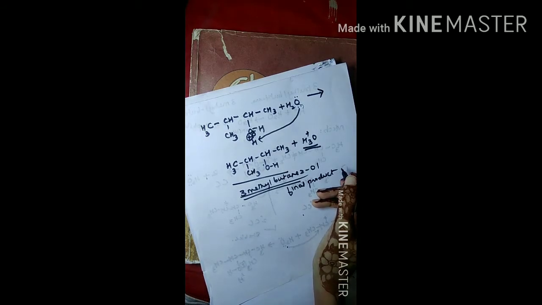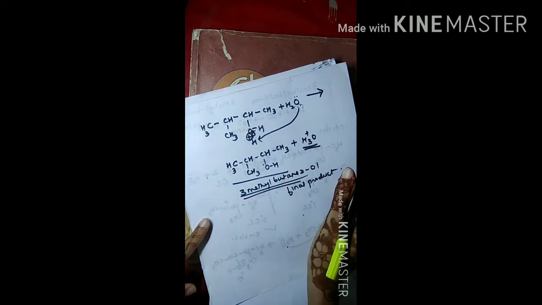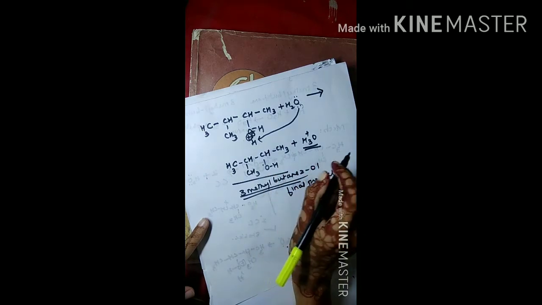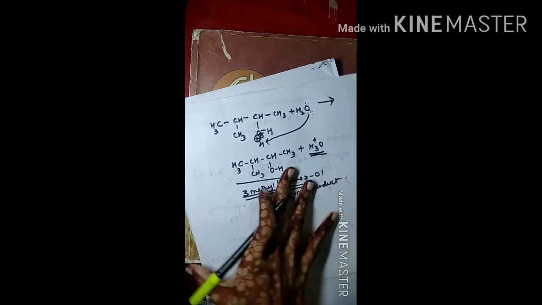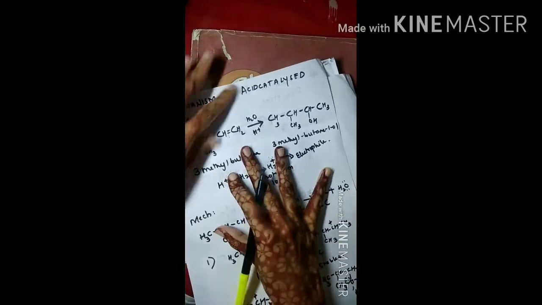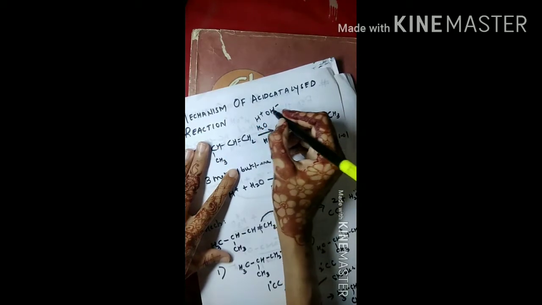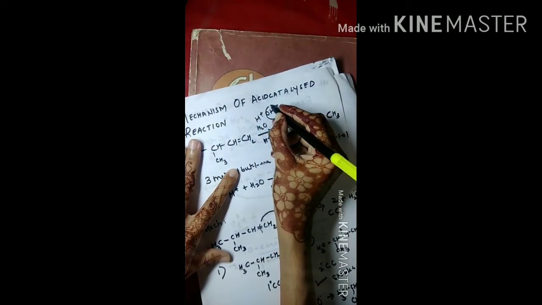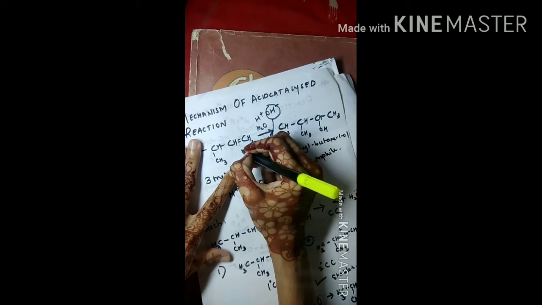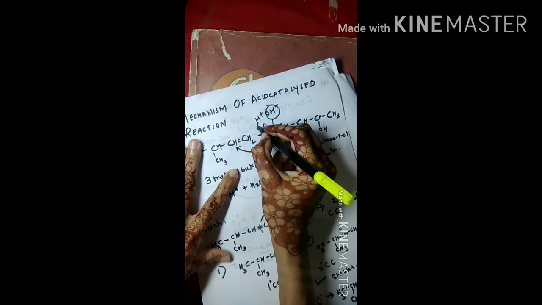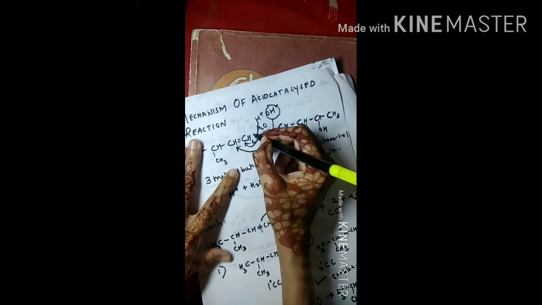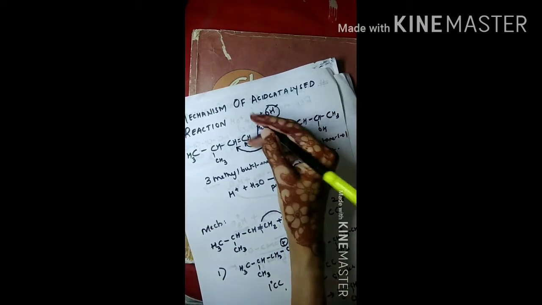So it also follows the Markovnikov rule, students. But what is the Markovnikov rule? The negative part of the reagent will attach to the carbon atom which has fewer hydrogen atoms. Okay, so now let's see how the Markovnikov rule applied here. You can see water is present in the form of H plus and OH minus ion. So the negative part of the reagent, that is water, will attach to the carbon atom which has fewer hydrogen atoms, and the other part will attach to the other side of the double bond. So here the Markovnikov rule is followed.